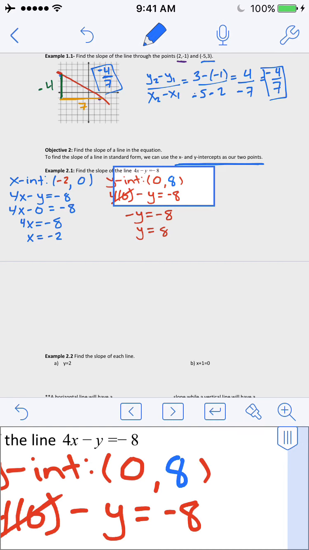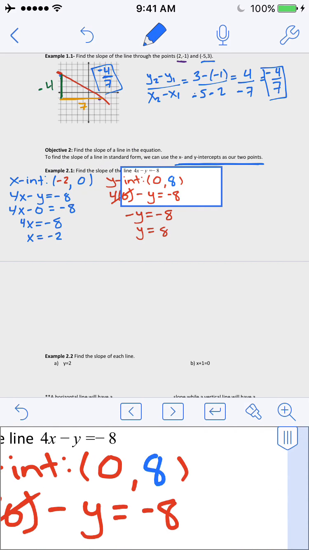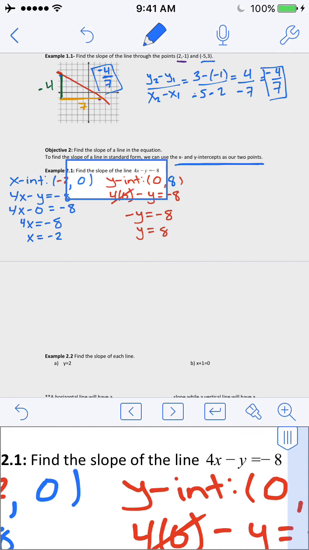Alright, so we have our 2 points, (-2, 0) and (0, 8). Now, why were we doing that? Do you remember why we found the x and y intercepts? Because that definitely wasn't in the question. The question is find the slope of the line, right? So if we need the slope of the line, we found the x and y intercepts so that we could